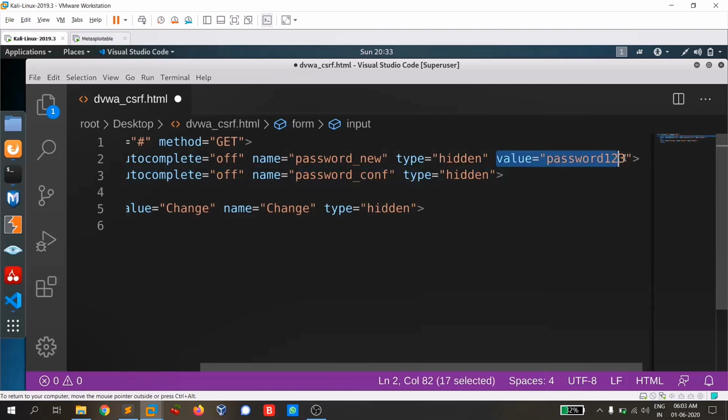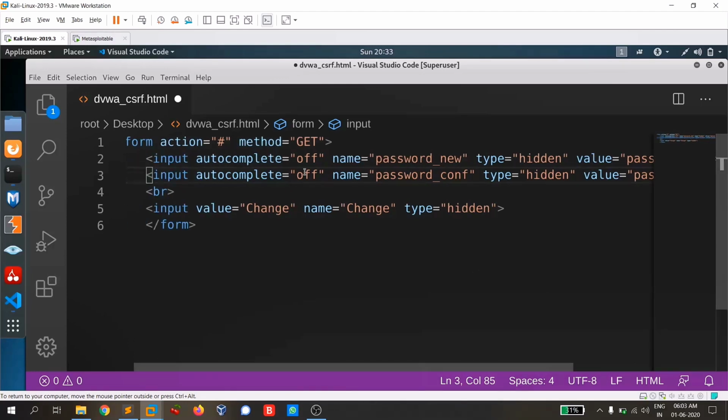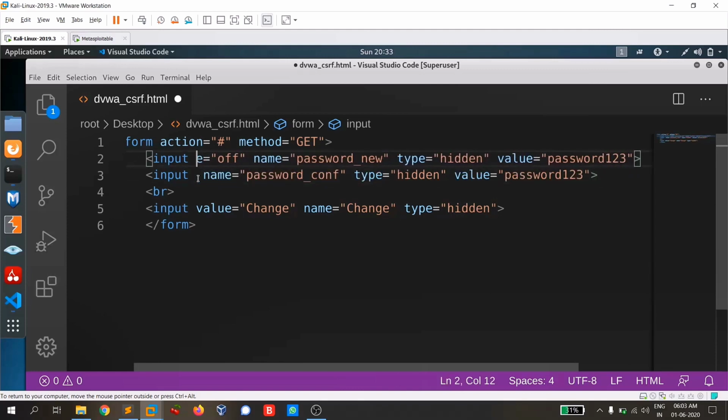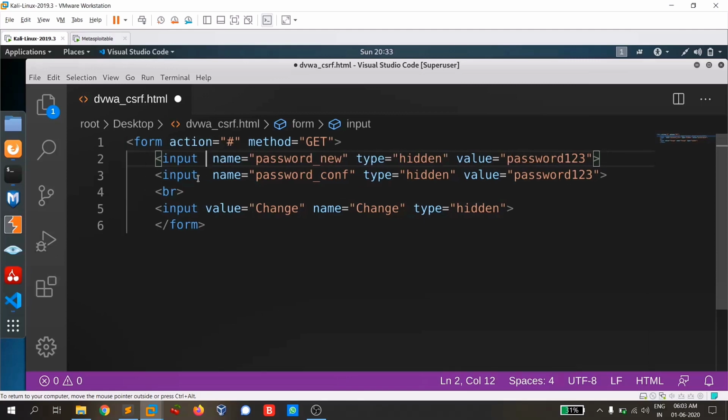I'm going to copy this and paste this in the password confirmation field also. So this is the code, and I think autocomplete is not necessary, so I'm going to remove this. I'm going to keep the name as it is because it's the code written and we can't change it. If you change it, then we're going to face some issues.